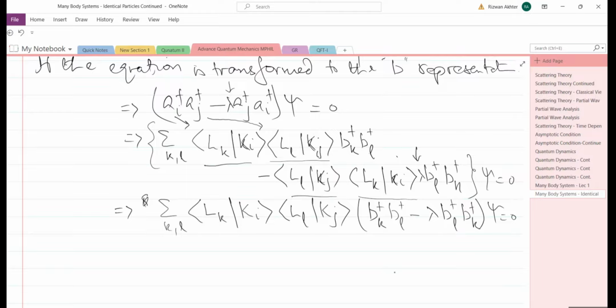And this is the idea which is known as unitary symmetry. And so, using the idea of unitary symmetry,